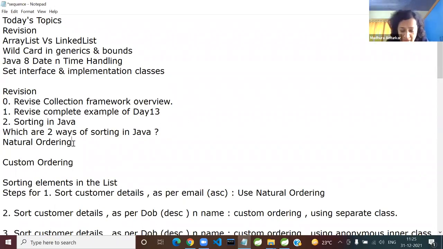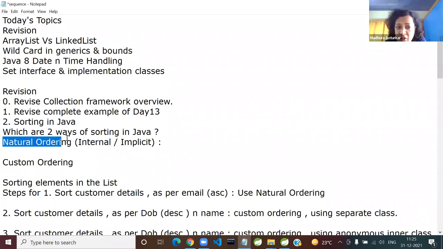Now tell me, this natural ordering is also called what? Internal ordering or external ordering? It is internal, also called implicit ordering. Correct? So when you talk about natural ordering, where will be the sorting criteria?